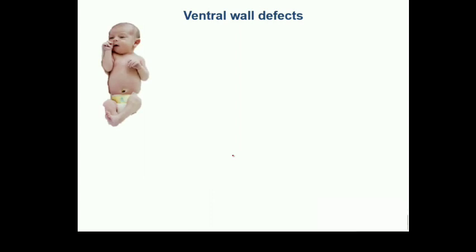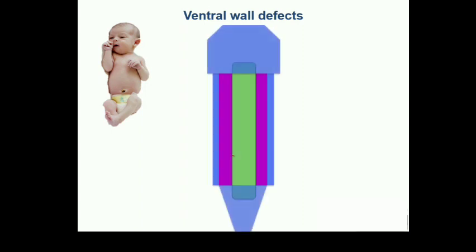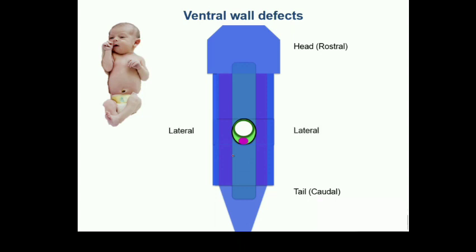So now we're looking at the embryo like this, assuming we fast forward 8 months or so to the finished product. Here's a schematic diagram of the embryo before complete fusion of the anterior wall, and like I said, it all revolves around fusion with the umbilical ring. In order to do this, the ectoderm and the mesoderm come at it from all 4 sides. From the head, or the rostral direction, from the tail, or the caudal direction, and from both sides, or the lateral directions. The junctions with which they fuse with the umbilical ring are known as the rostral, caudal, and lateral